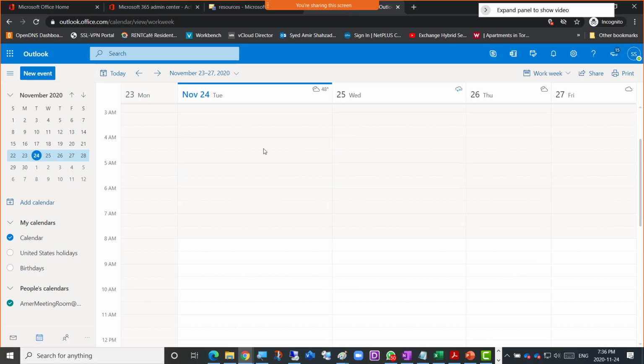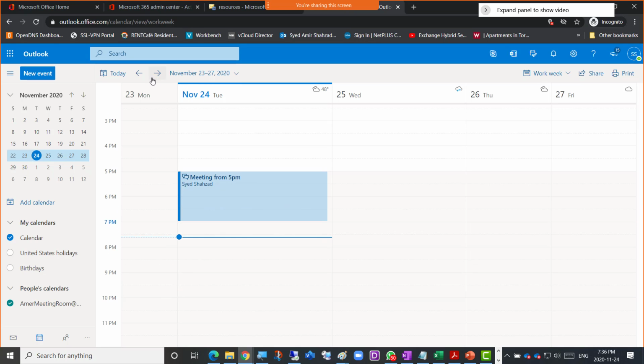Normally it shows the two calendars, and sometimes it's not very straightforward. If I uncheck this, it's not showing. If I check this, which is the calendar, it is showing. This means that the meeting from 5. If I uncheck the meeting room here, is this really it? Did we do that here in our meeting room calendar, or did we do it on the user's calendar? So if I go for